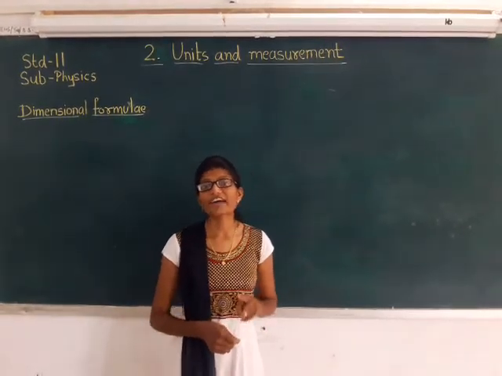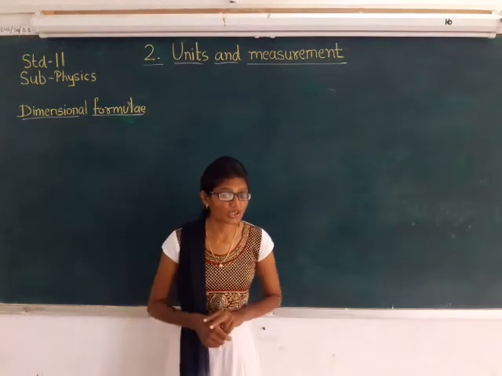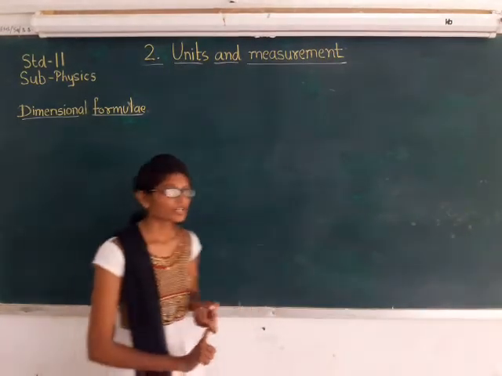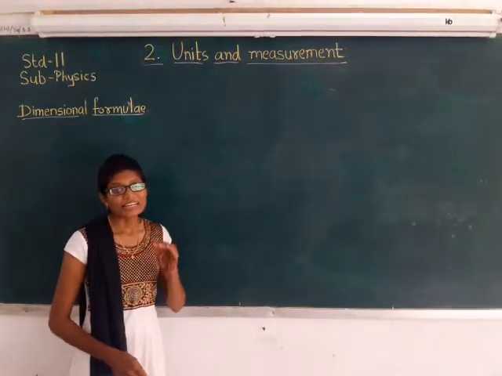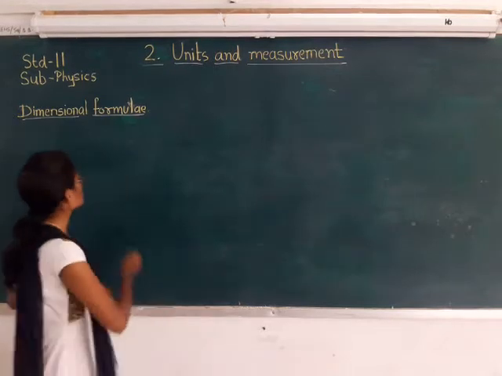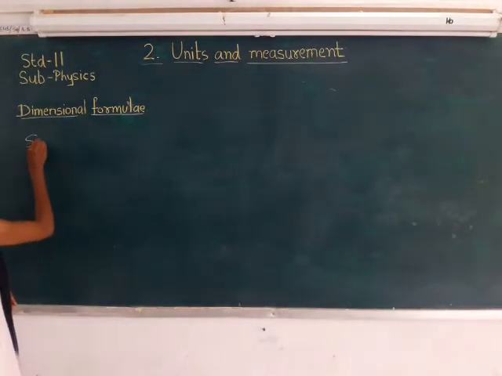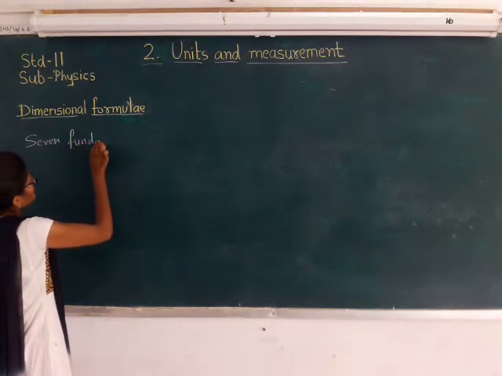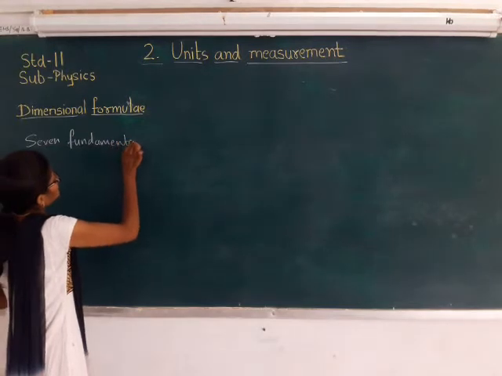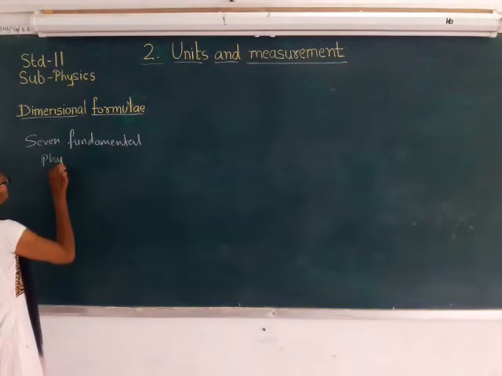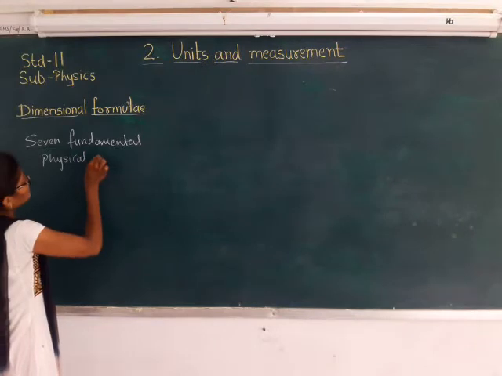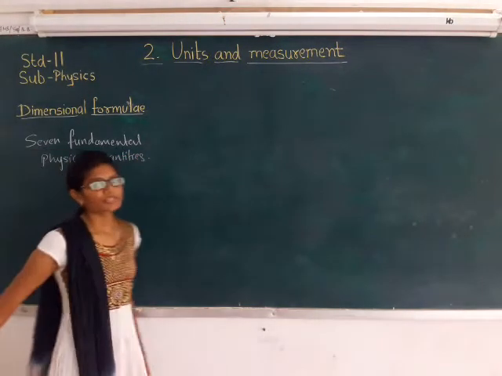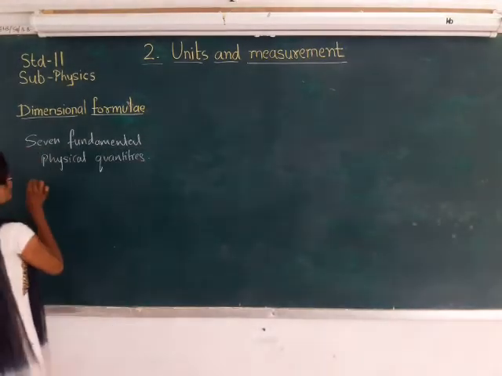And we know that we have two types of physical quantities, that is the fundamental physical quantities and the derived physical quantities. So let us remind that there are 7 fundamental physical quantities, right? That is